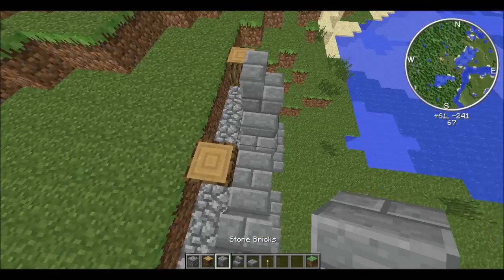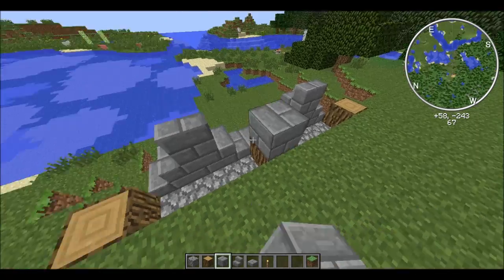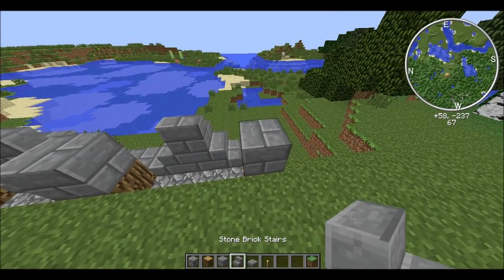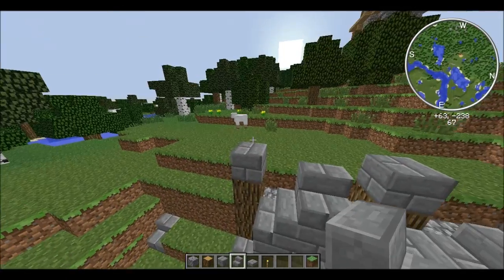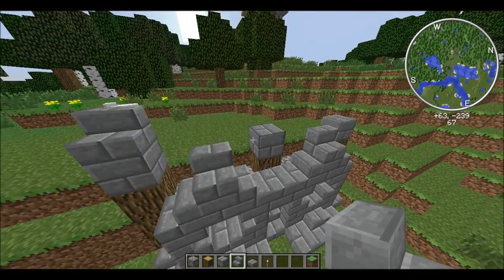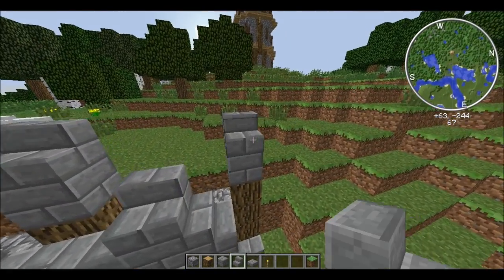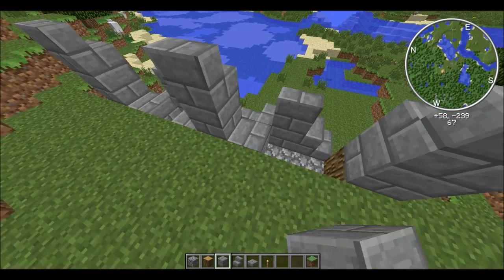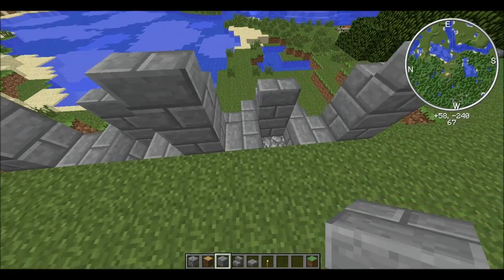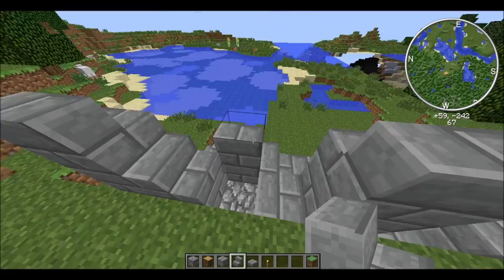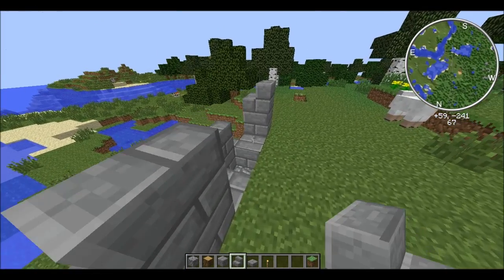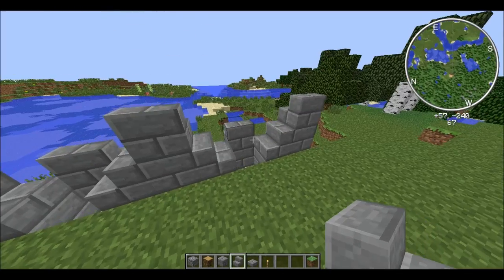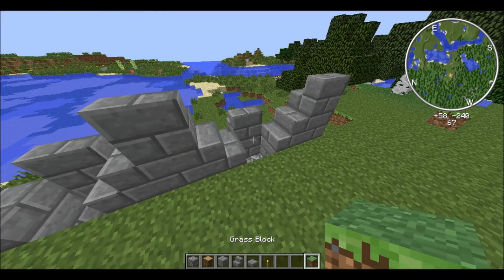But we're not quite done yet, so go ahead and place stone bricks on top of these wood posts, and then on top of that, go ahead and place stone brick stairs facing the same direction as these stone brick stairs. And then once you finish that, go ahead and place stone bricks behind the stairs like this, so that there's only one block left that's still cobblestone on the top. Then go ahead and place stone brick stairs facing like that again, and that makes sort of another trophy case sort of behind it. I guess it's a trophy case, I don't know.